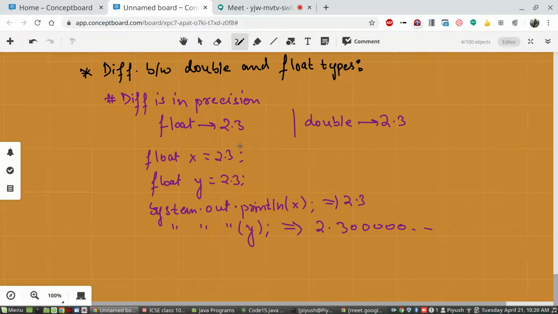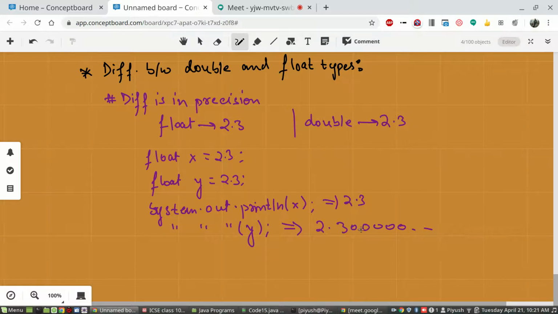The accuracy to which float and double values can represent numbers differs. Double values represent numbers having decimal points to a greater precision.